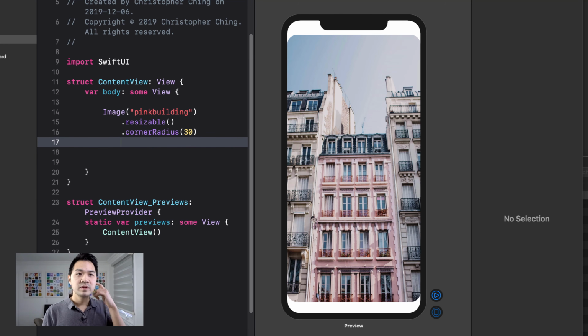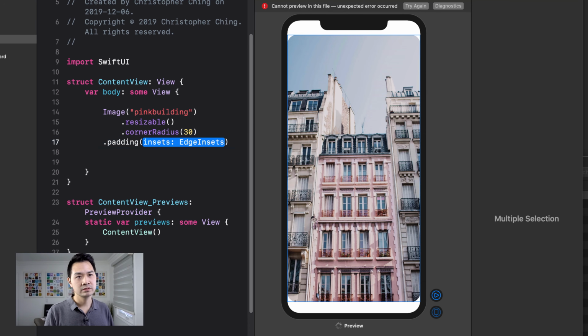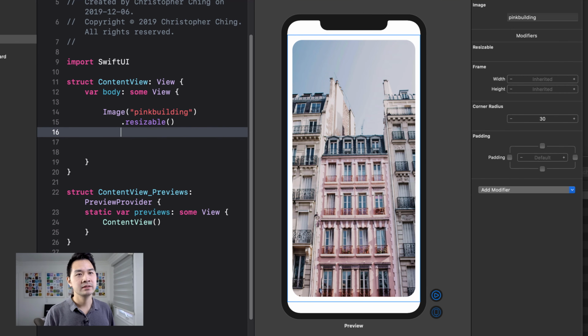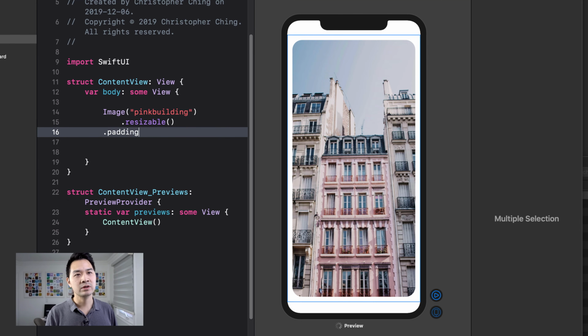So here I've removed the padding and I've applied the corner radius, right? So you get this sort of result, and then you're adding the padding on top of that result, right? And it pads it. But what about the other way around, like what we did? If I did padding first,